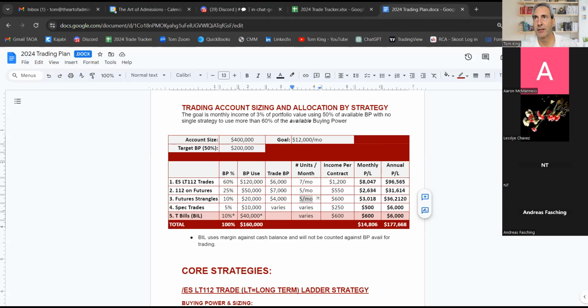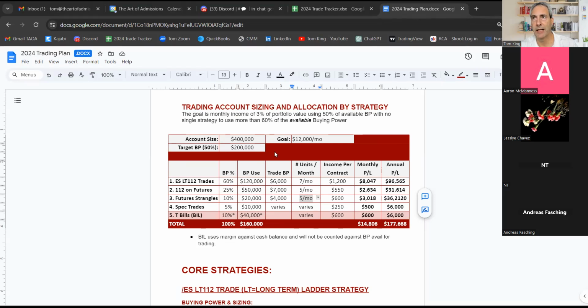What I've elected to do instead of that is I went to 4 contracts, which is a little bit less in this particular case, so that I could also put strangles on in gold or bonds at the same time. Does that make sense? Squeak, I think so. Hopefully that addresses your